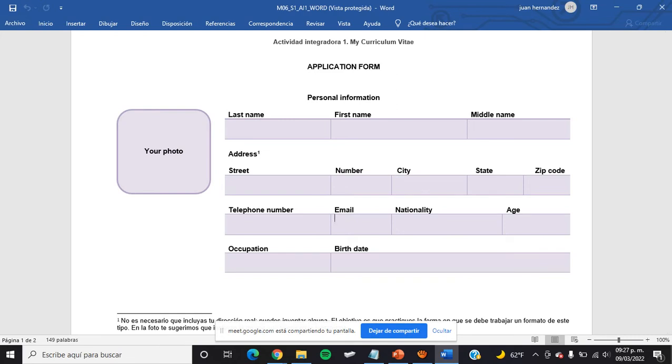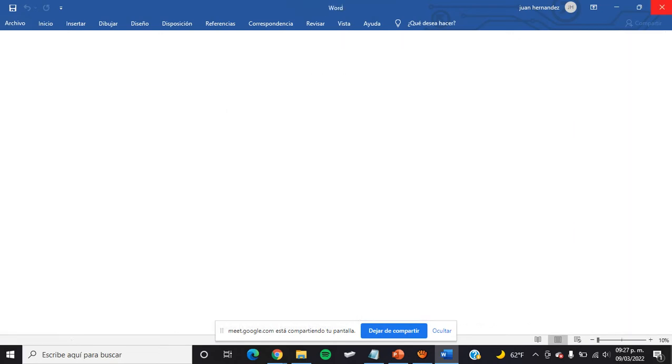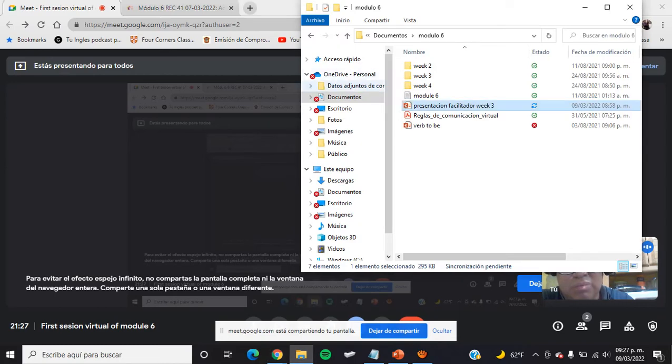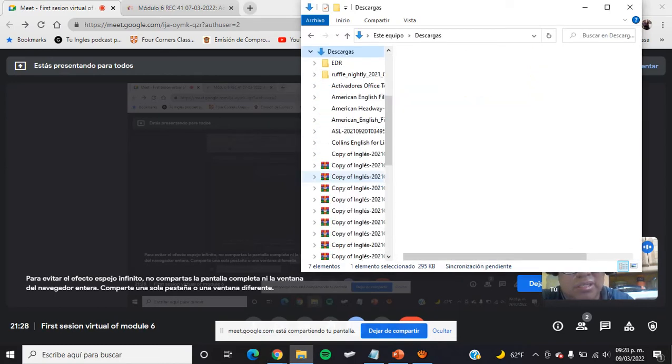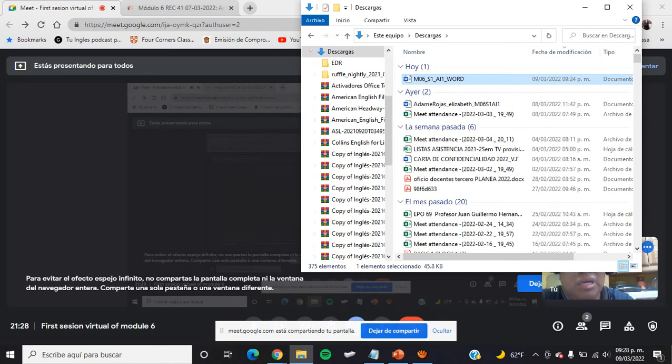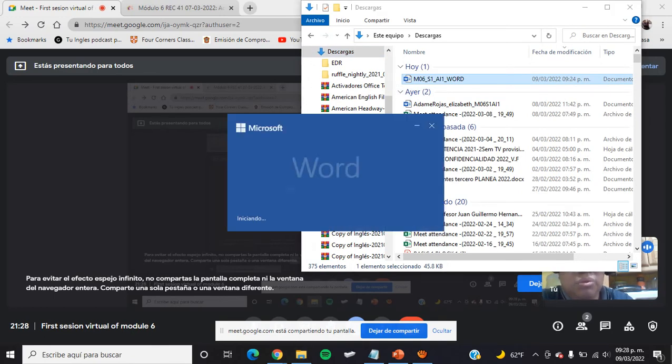In this case, if you have your email in Gmail, write your email in Gmail. Your institutional email that you have, you write institutional email. Your nationality, Mexican. Your age. Your age here is important. I'm going to open the document again because it's important that I can write the information. I think that this is important. If you don't see how I can write, maybe you have a mistake.